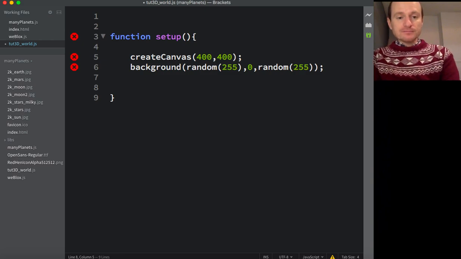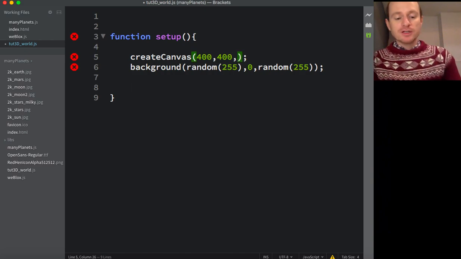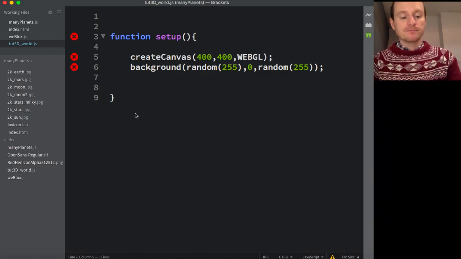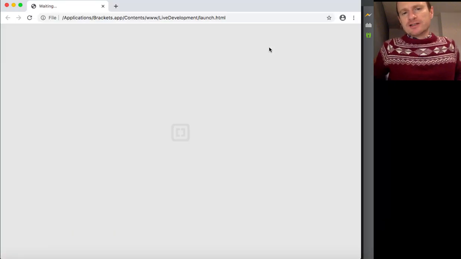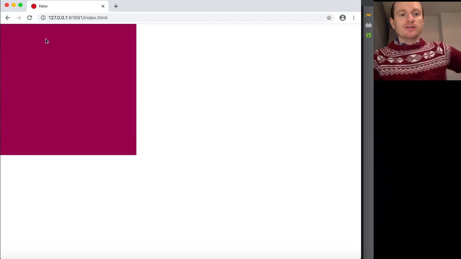Right, so we want to go 3D now. To go into 3D mode, P5 has made this so easy. Capital letters, just write WEBGL as a third argument in our create canvas function. If we run this again, it should look exactly the same. Yeah, there we go. So the only difference is